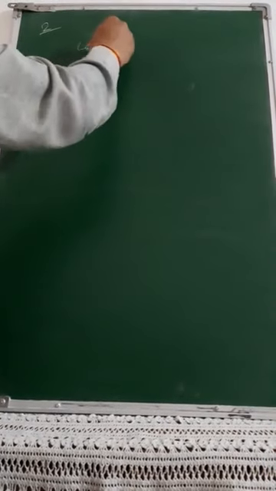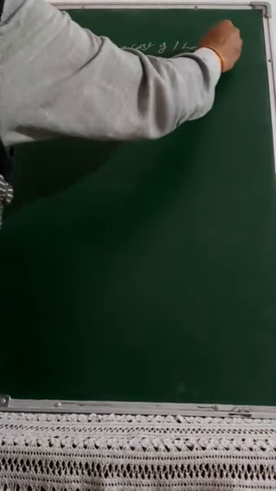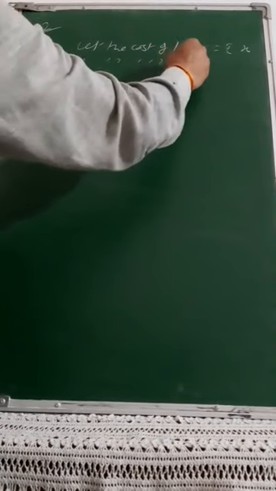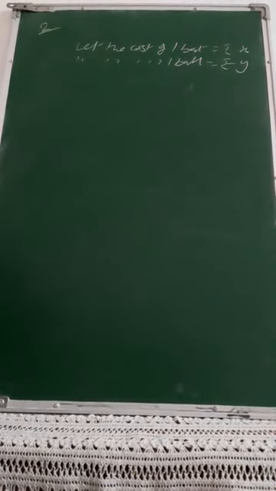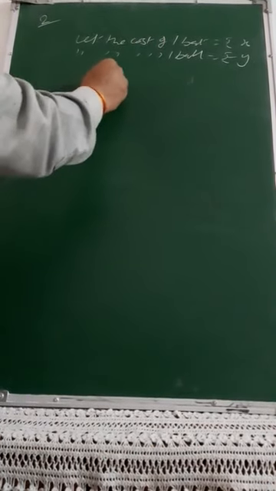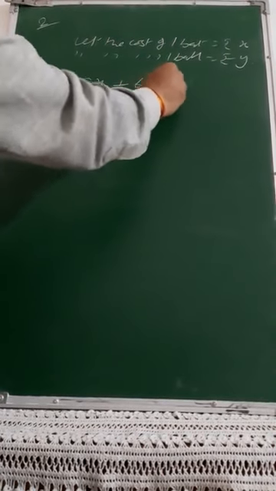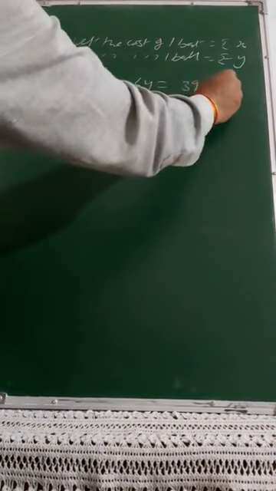So when you go for this, let the cost of one bat be rupees x, and let the cost of one ball be rupees y. Then if you apply the condition here, what happens? 3 bats together, and how many balls are there? 6 balls. The cost of 3 bats and 6 balls is given as rupees